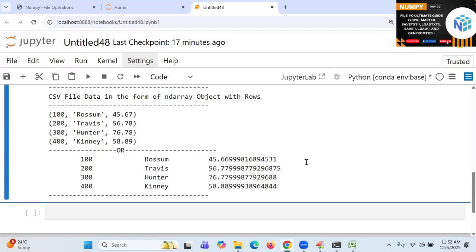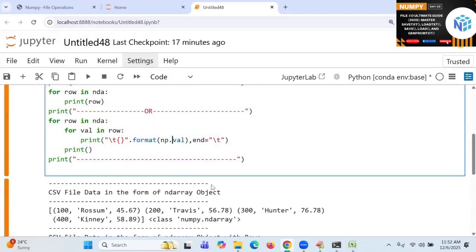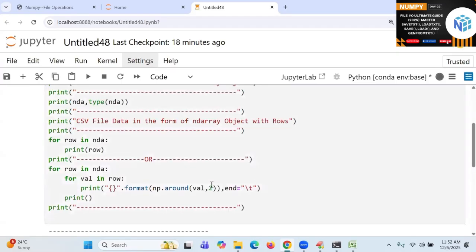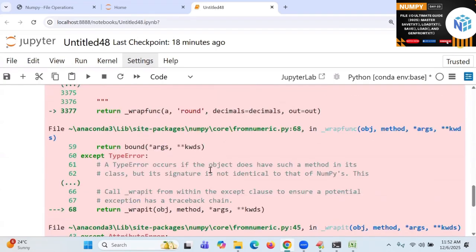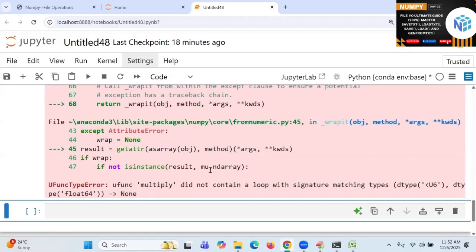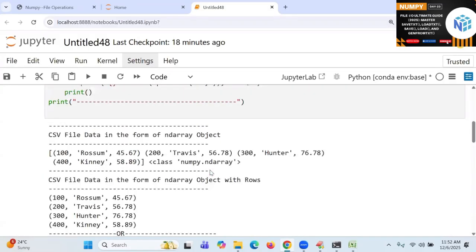If you want to round it off, I can do that also now. How do you round it off, students? I forget. Come on. np dot round of value comma 2. Beautiful. Value comma 2. I can just remove one thing like this. So you are going to get it rounded off. What is happening?